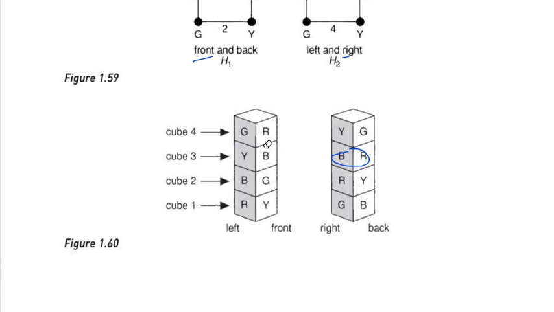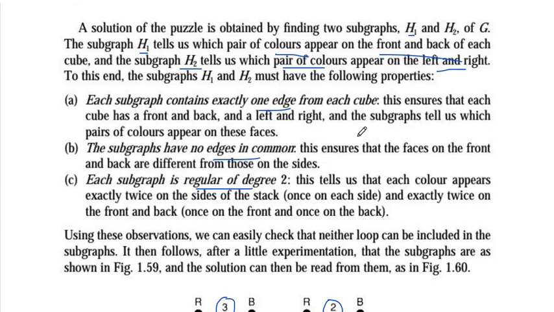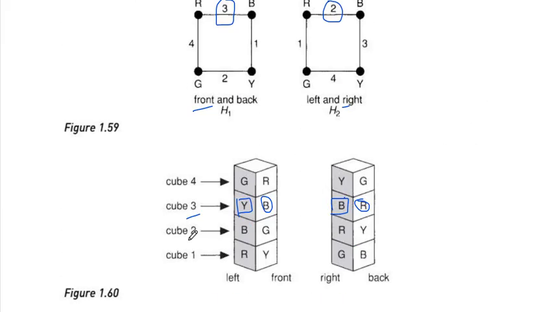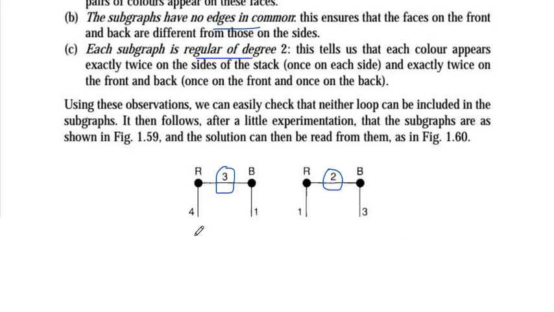This is cube 3 here: the front side is this and the back side is this, the left side is this and the right side is this. Left and right are opposite to each other, front and back are also opposite to each other. This is the 3D image, so do not confuse them. We have now put cube number 3 and cube number 2 in the position of the front and back